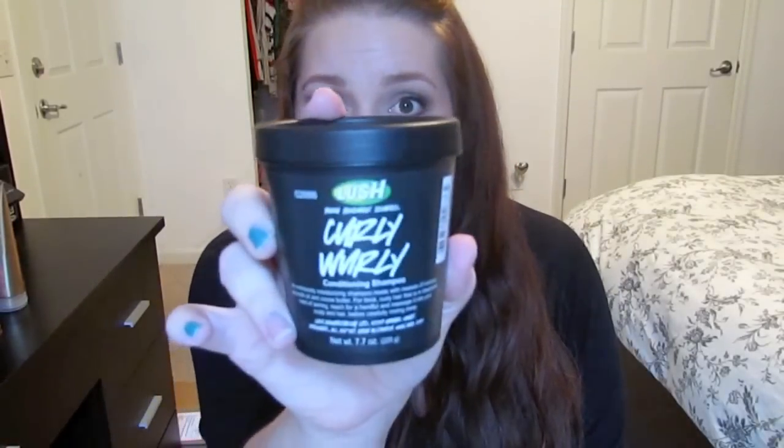I don't know if I'd recommend this if you need a super clarifying shampoo, but honestly, you don't even want to know how long I can go without washing my hair and it won't get greasy. So shampoos like this, like really moisturizing shampoos, are totally fine. The shampoo I've been loving, which I mentioned in my haul video, is the Curly Wurly from Lush,